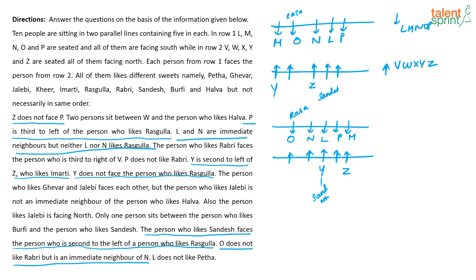Then the person who likes rasgulla. Then next they are talking about W, right? What have they said? Two people sit between W and the person who likes halwa. So where can W and halwa be? One of this has to be W and one of this has to be halwa. Again, we don't know which is W and which is halwa. Okay, then